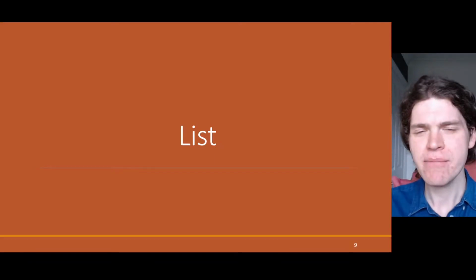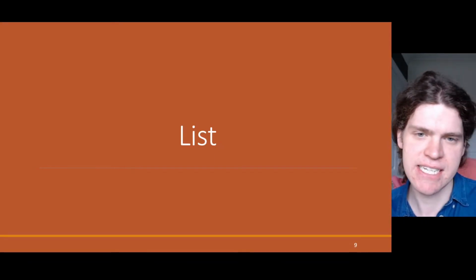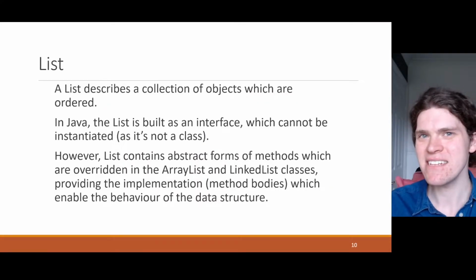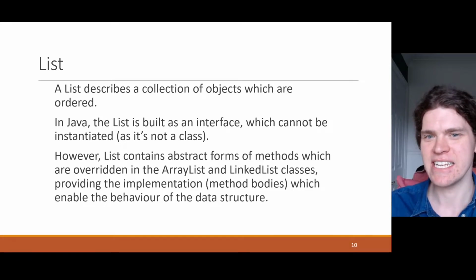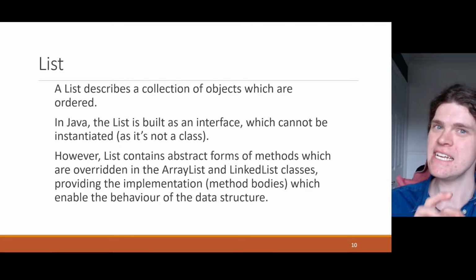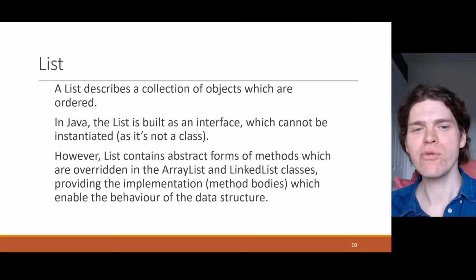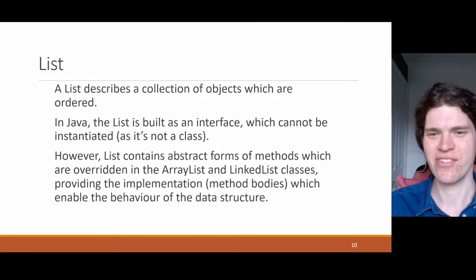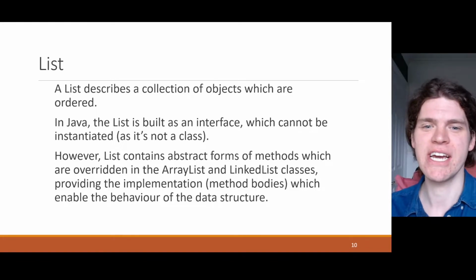So let's start then by having a look at some examples. And first of all, we're going to look at the list. Now, the list is actually built as an interface. We can't instantiate the list itself. Instead, the list is an interface from which specialized versions of this list are built from, and we instantiate those,